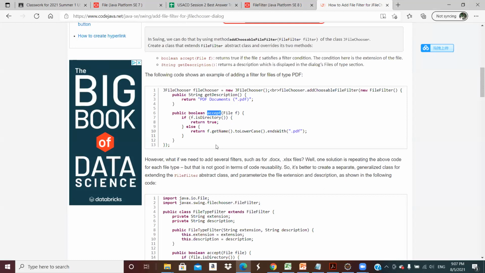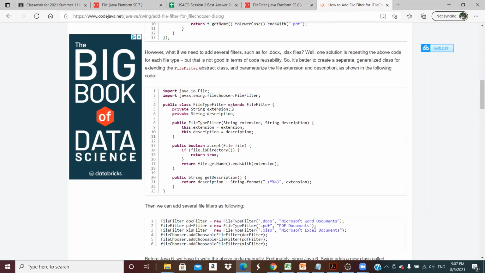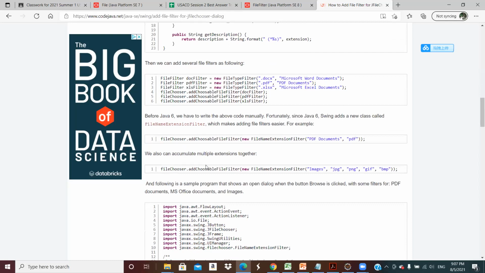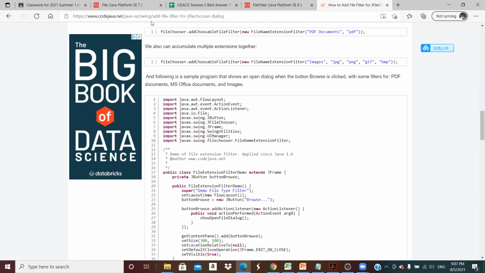Okay. So you use that file field, and here is another one, file chooser file field. So you need to implement the get description and the accept one. So you choose a different file type. There are different ways to do it, but the most important thing is that,